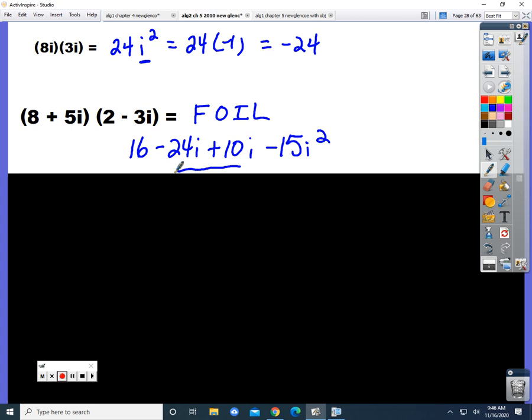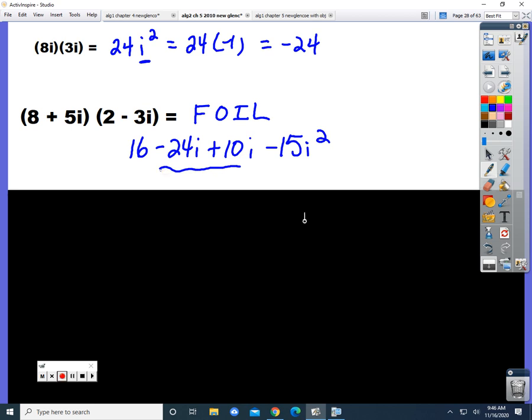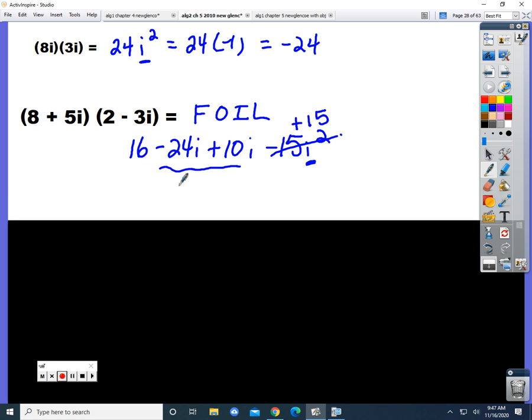Now we have these here in the middle, but I want to show you this here at the end. This happens a lot. The i squared is the same thing as -1. -1 times -15 turns back into a +15, okay? So this 15 with the 16 turns into 31,